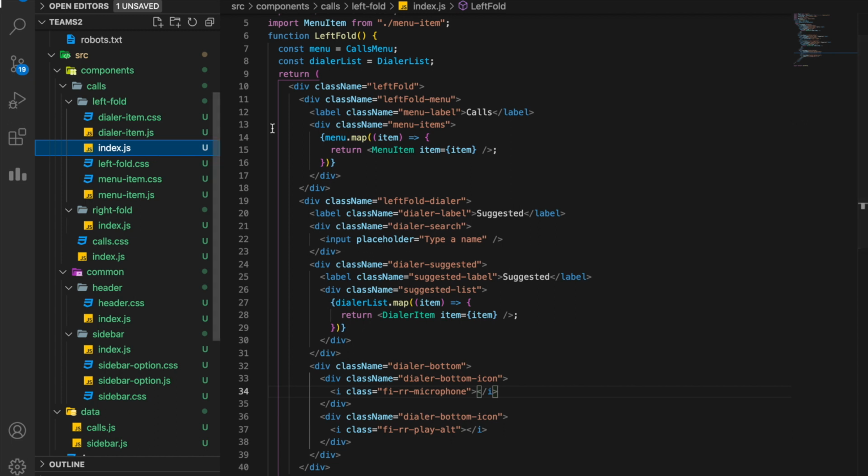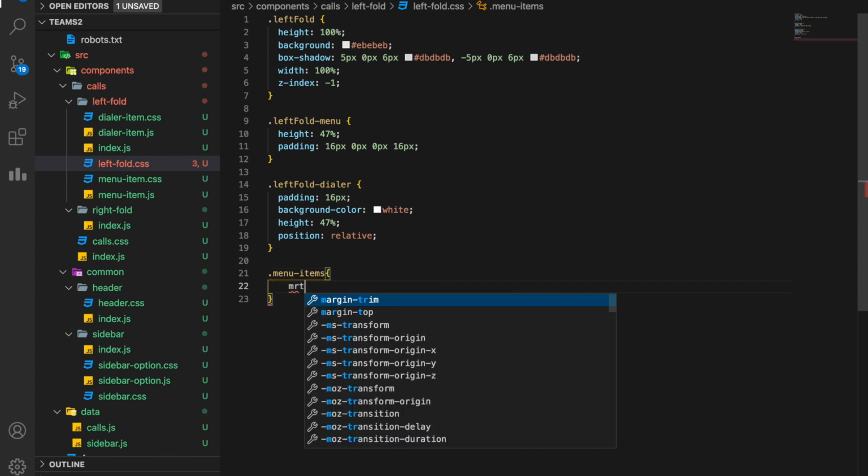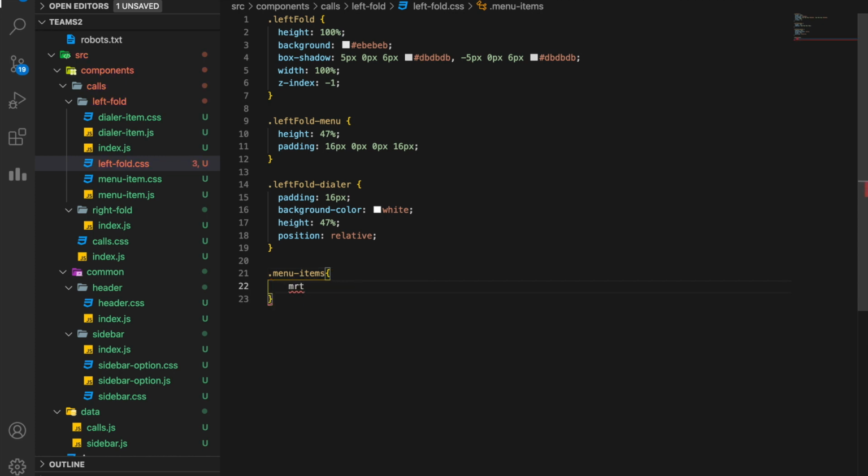So you see this menu items, I need a margin for this, so I will give it here menu items, margin top of 16 pixel.